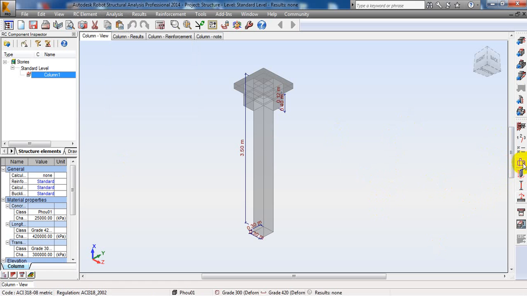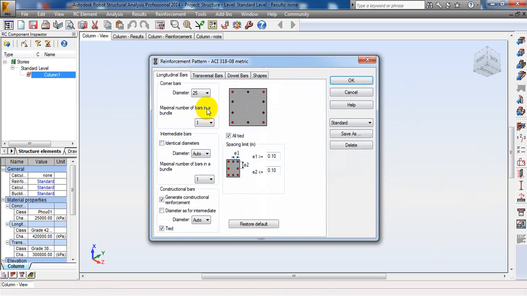I recommend you to use on the right hand side. It is easy then. I click on it. Longitudinal bar, I choose, if you keep it automatically, it will be run by itself. I choose it 22 millimeter,